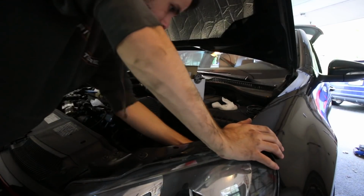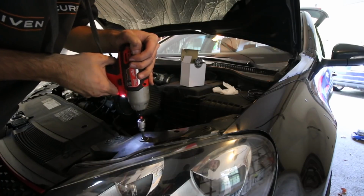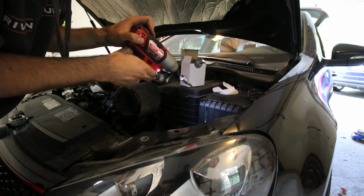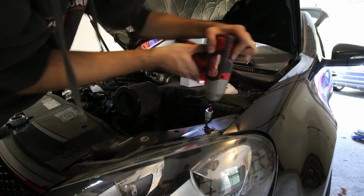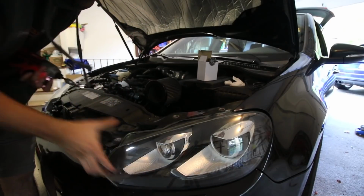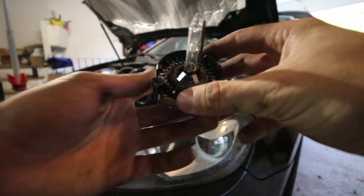Installing the headlight bulbs isn't awful, but it's definitely not the most fun thing either. You guys haven't seen it yet, but I did the other side first. I didn't have to take these bolts out on the other side. I was able to sneak my hand in there. This, because of the battery box, or the power steering, whatever this is right here. I'm gonna undo these 2 bolts, and it'll let me slide the headlight out a little bit. The headlight didn't move. It's because there are 3 bolts that hold it in. I guess you get a little more clearance, but not really. The only other important thing you need to know is this